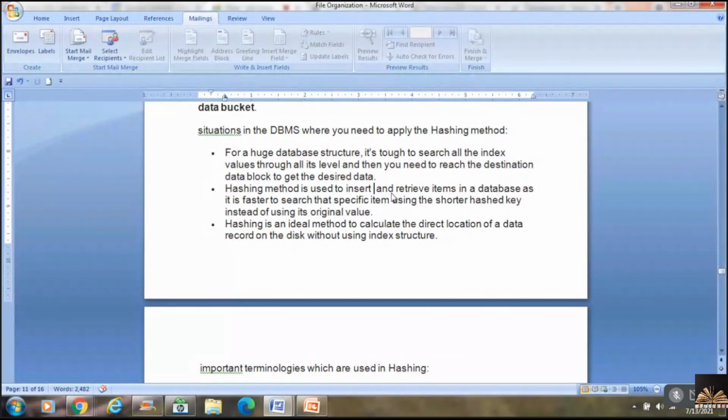I told you, it is usually faster because I can directly go to the position where the data is placed. Hashing is an ideal method to calculate the direct location. From the beginning, when I started hashing, I told you, you're directly working with the location. When you have the location, it is easier to go to that particular location without any difficulty. That way, the hashing method can be used effectively.